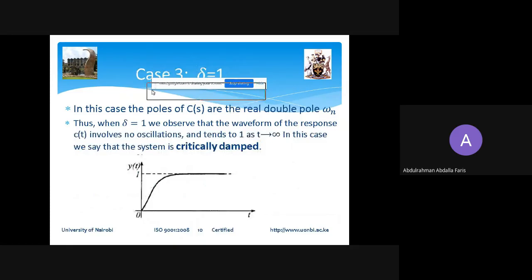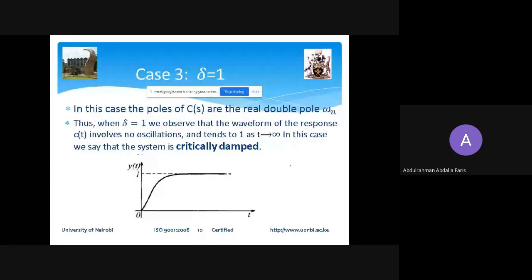Another case is when delta is equal to 1. When delta is equal to 1, we have two real double poles. So we have their real values, they're just here. And c of t goes to 1 as t goes to infinity, we say this is a critically